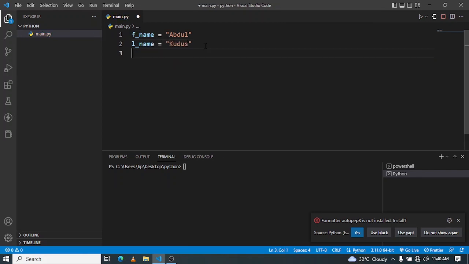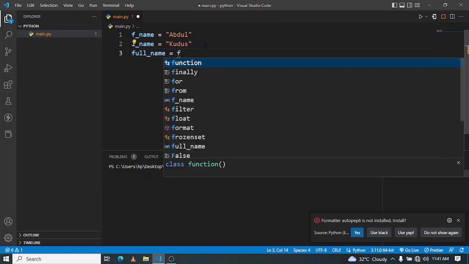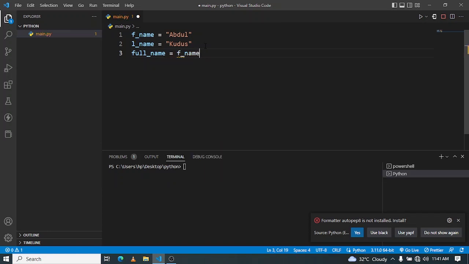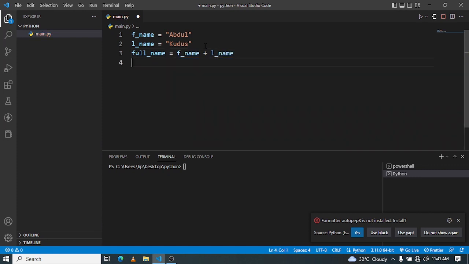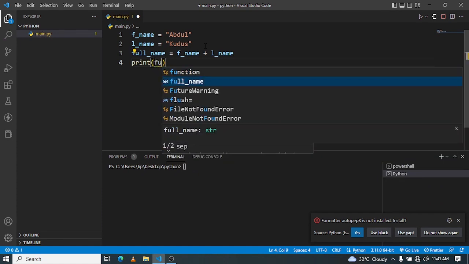What if I want to have a full name, which is supposed to be like Abdul Kudus? I'm not supposed to come back and type Abdul plus Kudus. All I have to do is type first name plus last name. So in this case, I print full name,